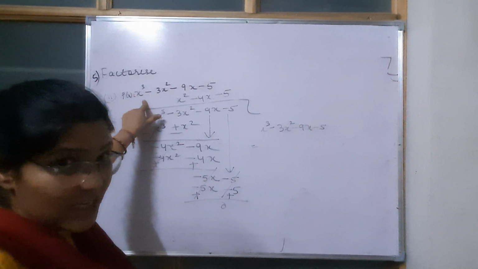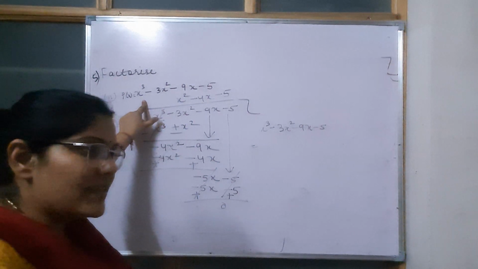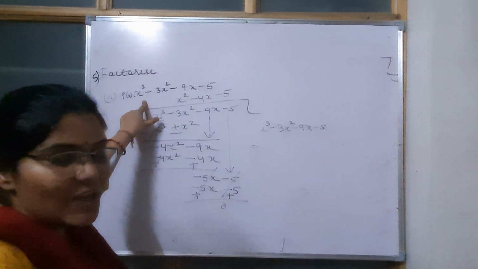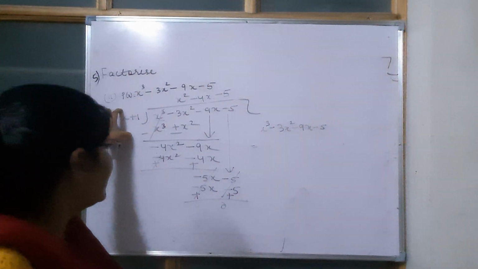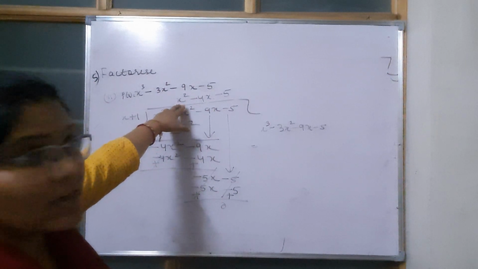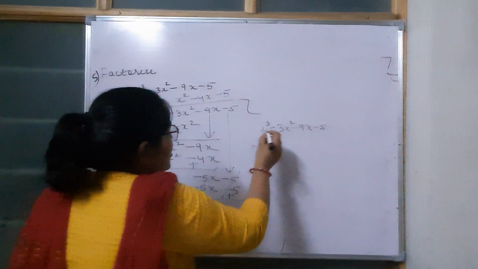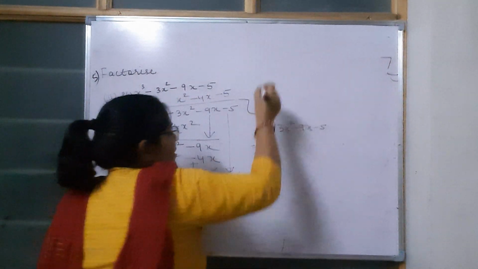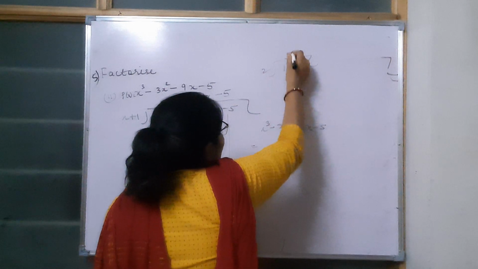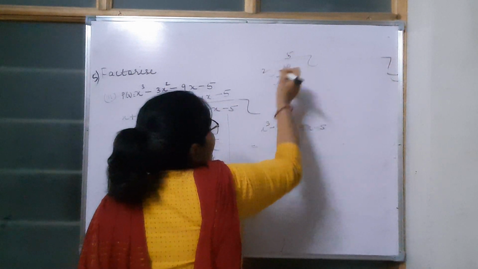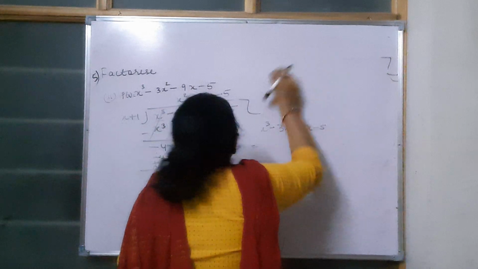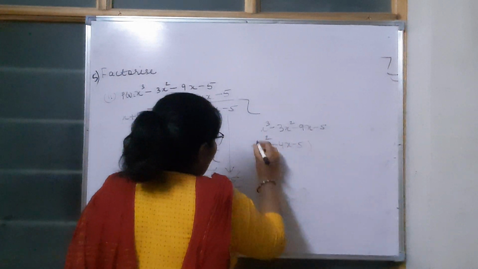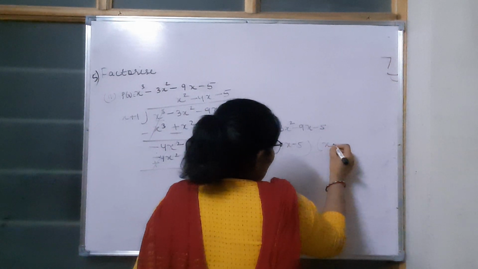First step, we find the 0 and then the factor. If x equals minus 1 is a 0, when you transpose it, x plus 1 will be a factor. If it is a factor, it means we can divide and find out the next factor. So x cube minus 3x square minus 9x minus 5 can be written as, just like dividing 10 by 2 you get 5 and 2 into 5 is again 10, that's what I am doing here: x square minus 4x minus 5 into x plus 1.